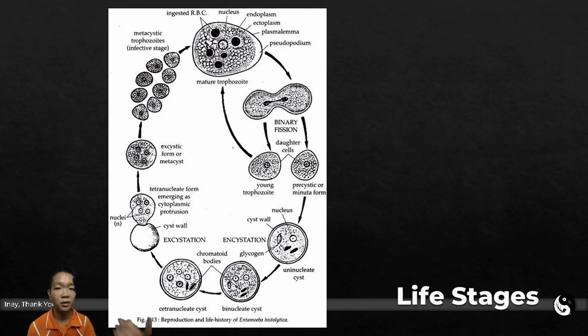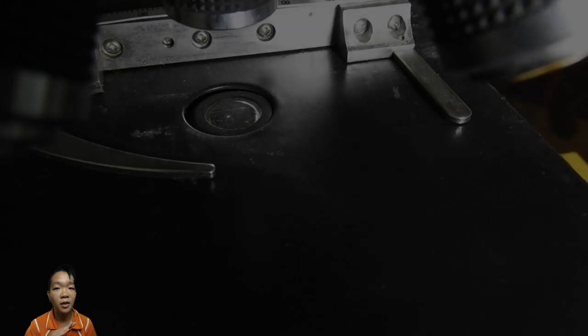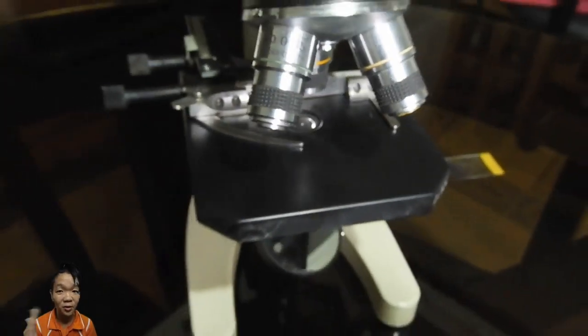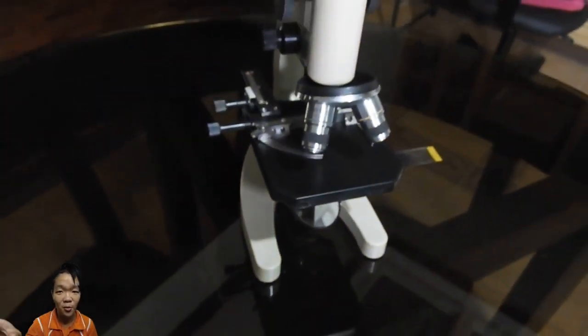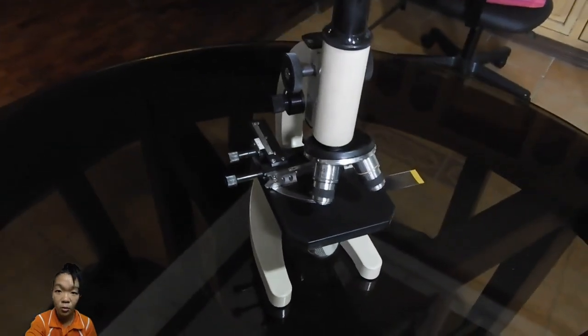Kaya huwag kayong malilito. When you're trying to differentiate the different species of amoebas, the morphological characteristics that we really care about are those that are observable under your typical, humble, low-cost, standard compound light microscope. Until such time na gumanda-ganda yung microscope natin. At certain distinct points in the life cycle, meron siyang certain characteristics. Those morphological characteristics will include